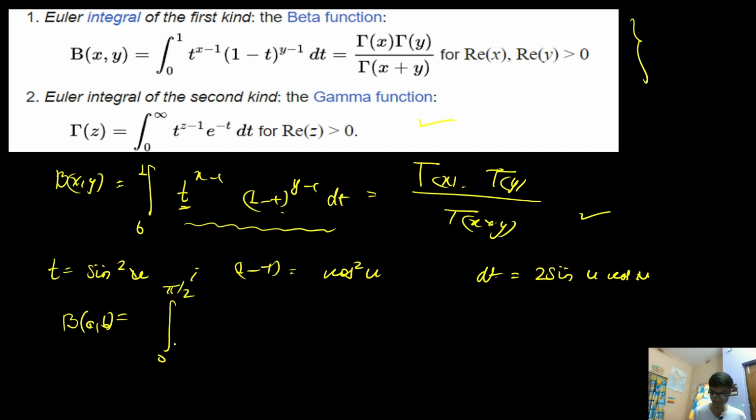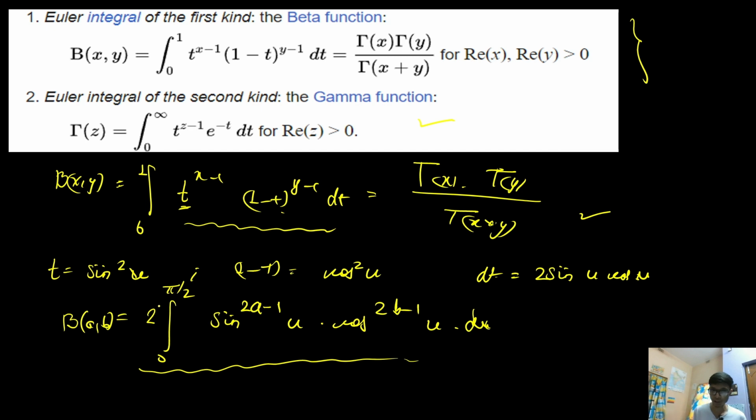So this is the limit, same as the Walli's formula, and there will be a 2 over here, and simultaneously you will get the result as sin to the power 2a minus 1 u into cos to the power 2b minus 1 u into du. Now these particular things come again the same as the Walli's formula. If you take this 2 to this particular side, and whatever we are left with in this particular reconciliation,